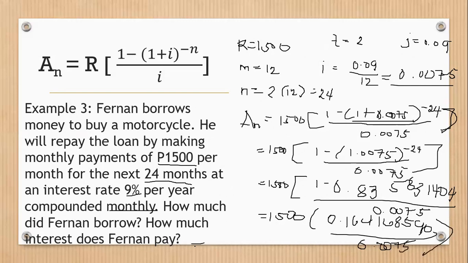Okay po. Next, divide po muna. So 0.164,168,596 divided by 0.0075, we can have 21,